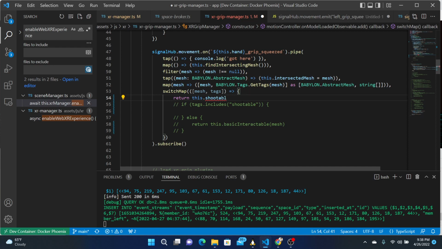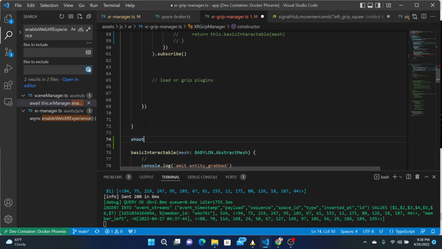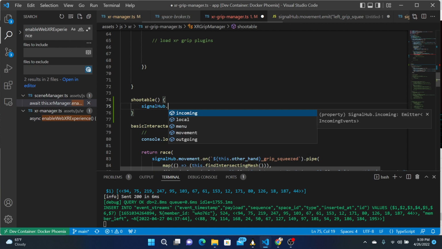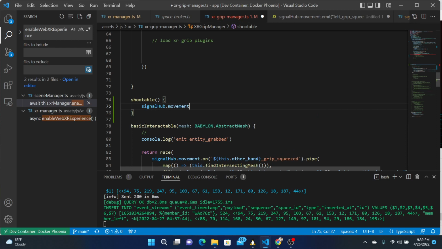As well, I'm not sure this needs to be a switch map. Let's see. Shootable. Just bear with me for a second. Shootable. What happens here? If it's shootable, we want to listen for, let's see, signal hub, movement, and how about clean